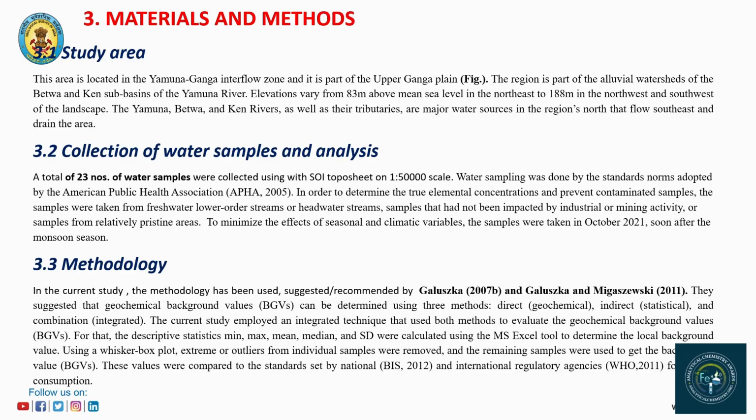Then we have used the statistical part, using a whisker box plot in which the extremes or outliers from the individual samples were removed and the remaining samples were used to get the background values. These values were compared with the standards set by the Bureau of Indian Standards 2012 and WHO, international regulatory agencies. These are the methodology that we have used for finding out the background values. And coming to the next,